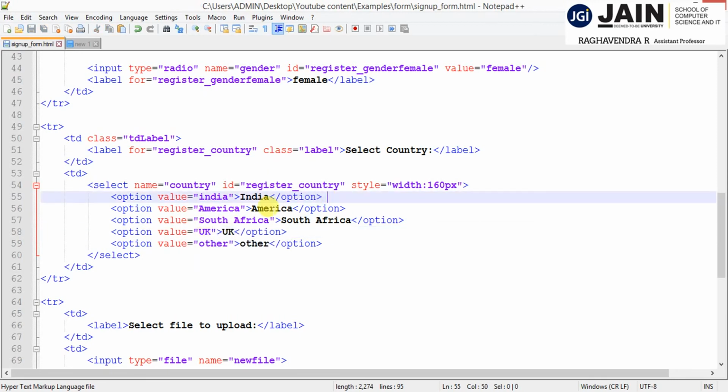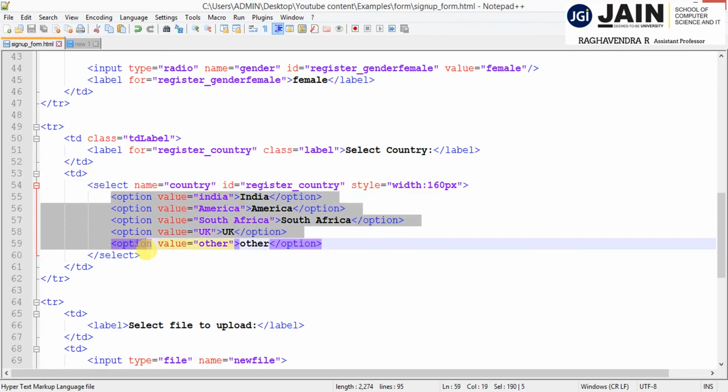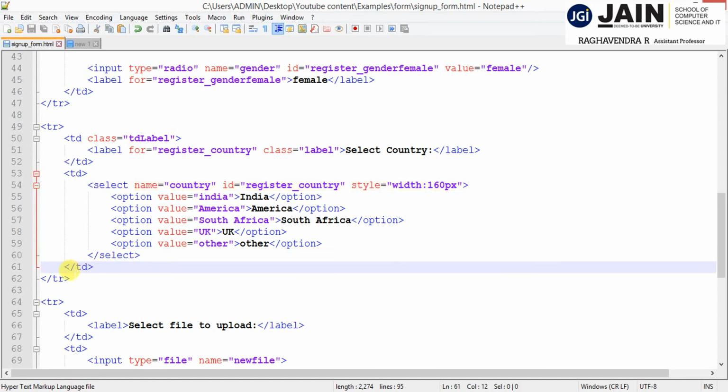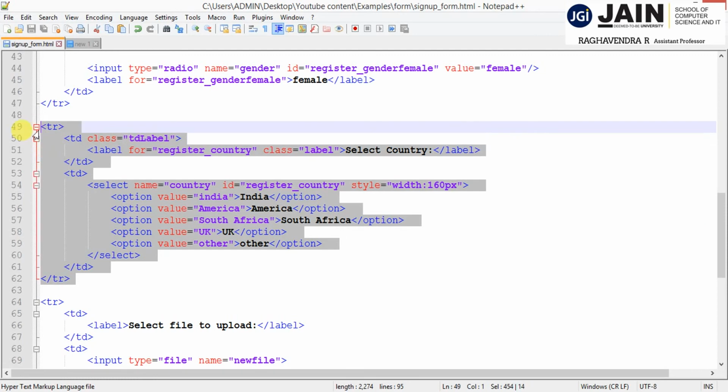So I'm giving the different options which I want to be available in the respective drop down list. It is just like the ordered list and unordered list. If you want to display an ordered list, first I will open the OL ordered list tag followed by the list items, LI, respective list options, and end with the ordered list. In the same way, I have to open with the select tag followed by the option tag, then I have to end with the select. So this is the selection of different values available from the list. Then I close the table row.